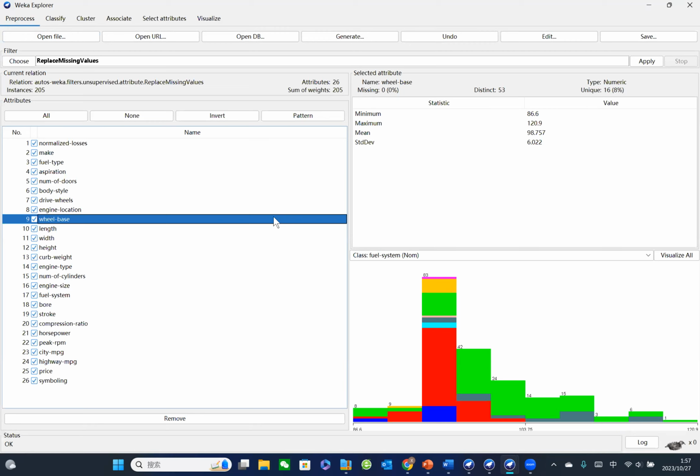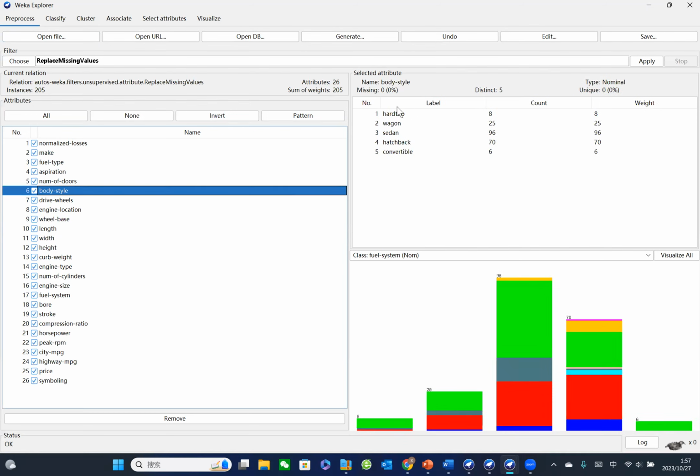requirements. The benefit of that is it helps maintain data integrity, ensuring that every instance in the dataset contains complete information. After cleaning the data, we can see the missing value is 0. So when we check the attribute, for example, we click the body style, we can see there are 5 types of body, and the number of each type. So the next thing I want to